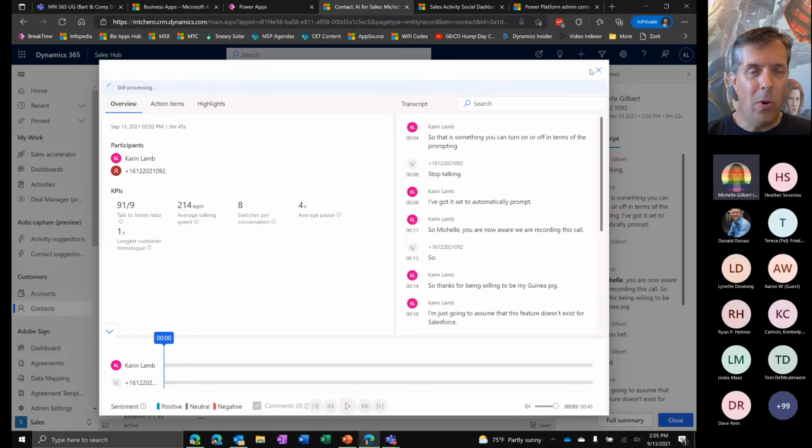So I don't believe that this is highlighting, well, I guess it is going to highlight sentiment. So it is using Azure services behind the scenes. This is some Teams, some Dynamics, some Azure, all kind of coming together to try to deliver a pretty cool experience that brings the best of Microsoft to bear on phone interactions for sellers and service agents and managers of them.